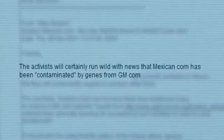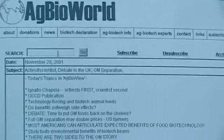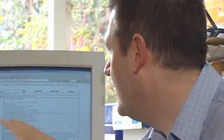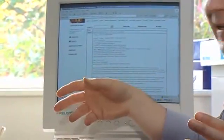She wrote, "Activists will certainly run wild with news that Mexican corn has been contaminated by genes from GM corn." The very next day, a certain Andora Smetacek posted a second email. "Activists first, scientists second." It's totally a smear campaign, and this is what happens over the first couple of days. You get Murphy and Smetacek coming in, then others come in and they say, we have to campaign on this, we have to inundate Nature, we have to go to the editor of the journal and we have to say